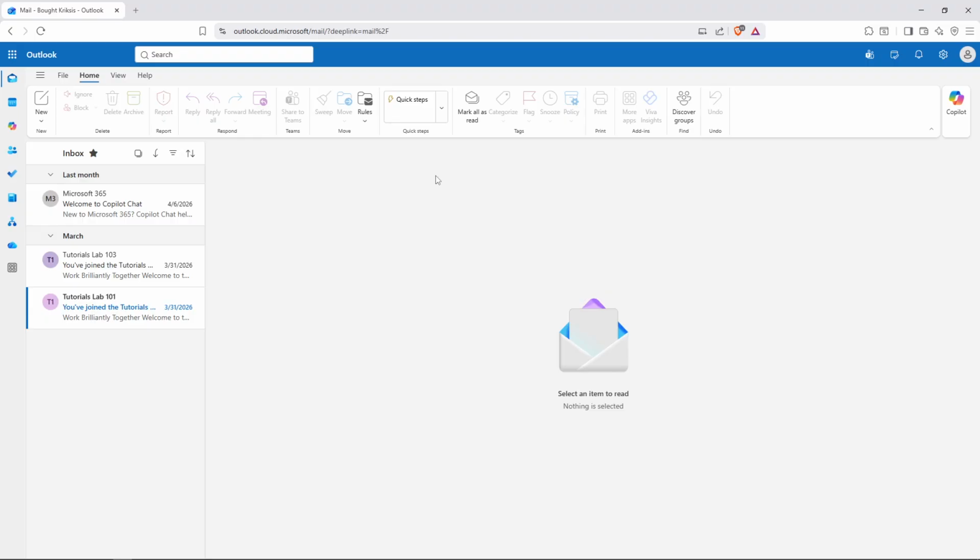This will load up your inbox and give you access to all your emails and settings. Just wait a moment while everything loads in completely before moving to the next step. Once your email has fully loaded and you can see your inbox, you're ready to access the settings where this